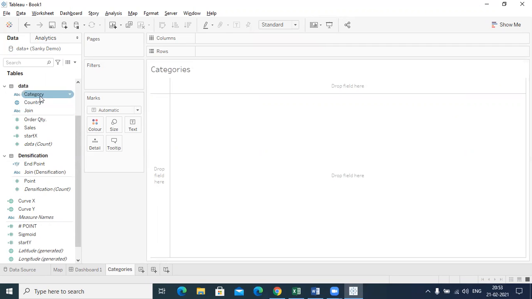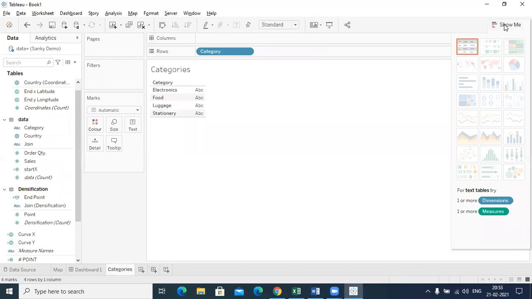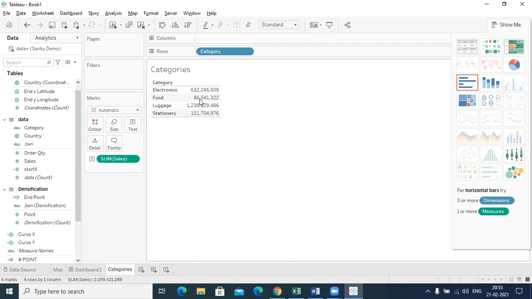Right? Let's bring category in row shelf. Convert it to okay. Bring the sales here, right? Convert it into